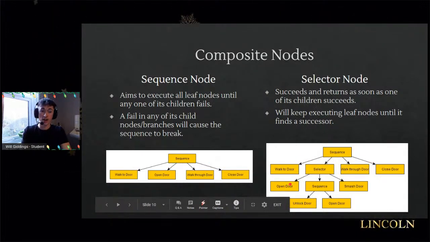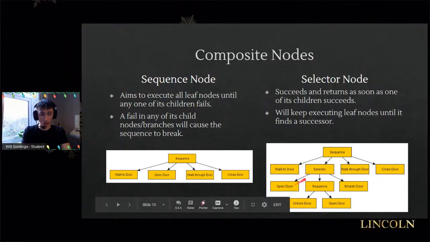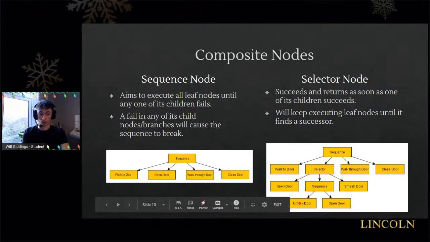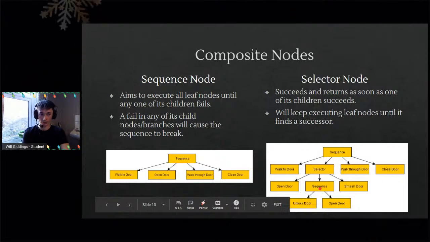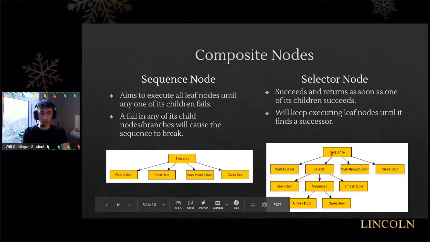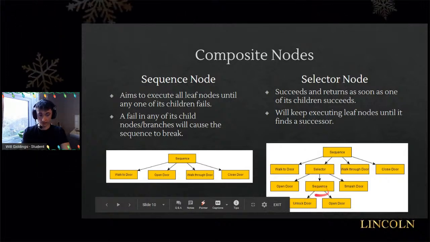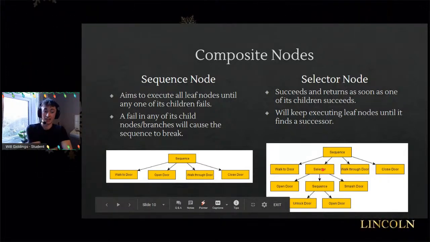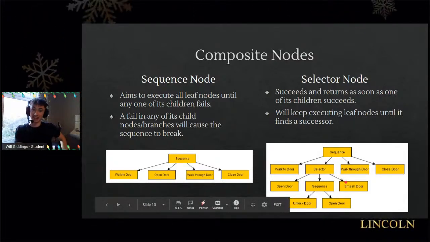Let's say we tried to open the door and it failed. Well, it failed, which is fine because it's a selector. It will keep going. It will only return when we get a pass. We go back up to the selector now, and we start a sequence here where we try and unlock the door and then open the door. Of course, how a sequence works: if any one of these fails, we go back up, and that's a fail. So say we walk to the door, we try and open the door, we can't open the door. We go back up here and we try and unlock the door, and we can't unlock the door. Let's say that this sequence fails, so we go back up and we try the last approach, which is to smash the door. Obviously, that's the logical approach that an AI might take in a case like